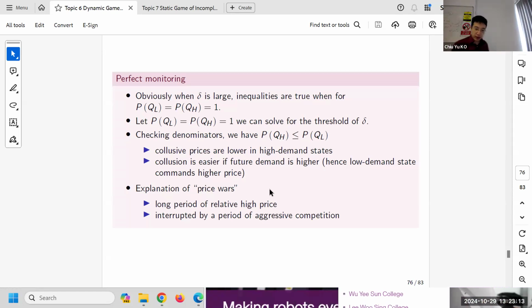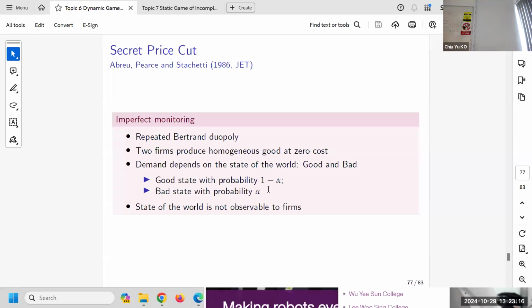After the break, we'll look at a little more complicated idea. In the previous case, the price is known. Everyone knows whether you cut the price or not, because you are looking at quantity in that model. But in this one, you can't really observe the state of the world. You can't see whether the economy is good or bad. In that case, you are not entirely sure whether the other guy has defected or not. You have some idea that he might or might not have. So that would be the main idea.